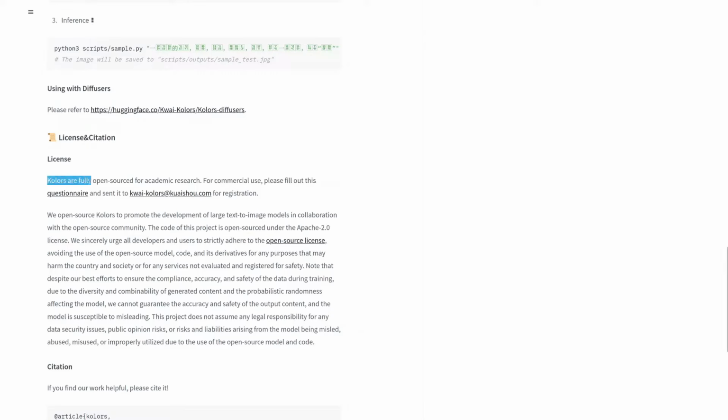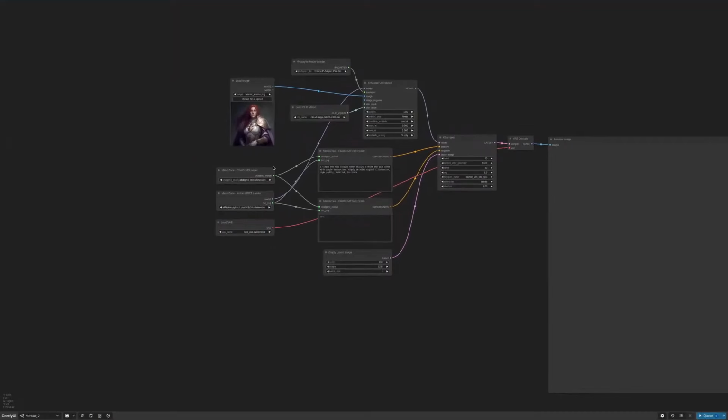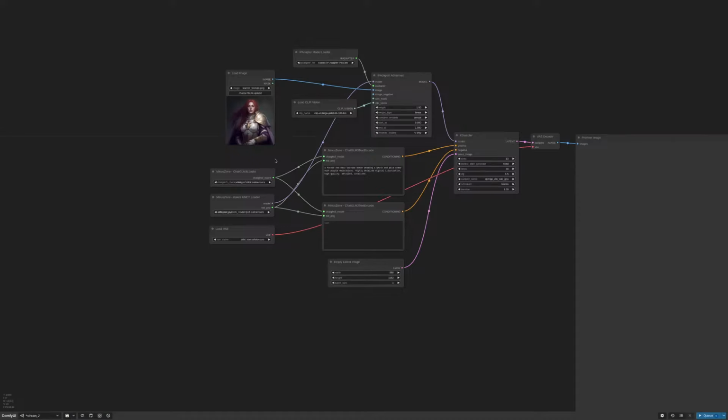And instead they did this thing that Kolors is fully open source for academic research. For commercial use, please contact them, etc., etc. Don't take my word for it. I am not 100% sure, but from what I've heard, this kind of license, considering that this model is based on SDXL, it's not right. It doesn't sound right to me. I need to explore the situation better. Anyway, Kolors is a very good model,